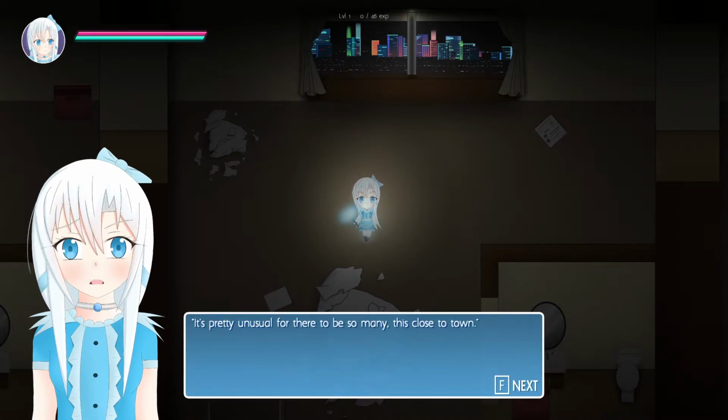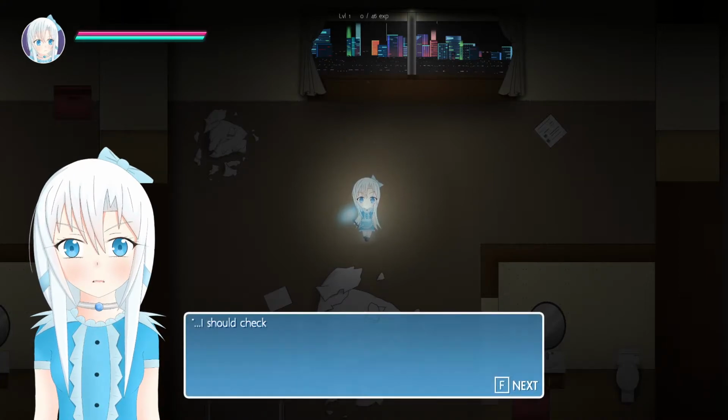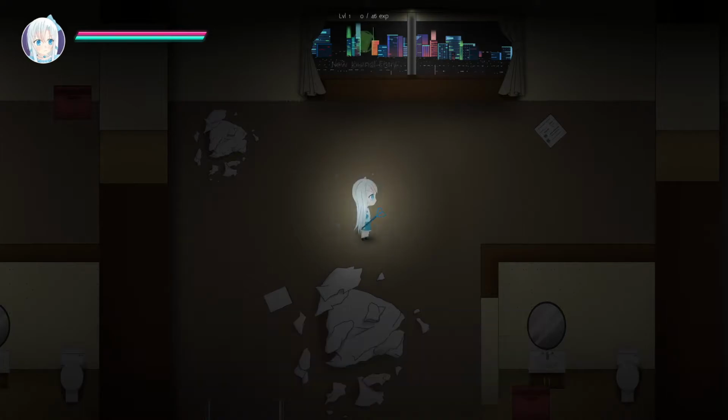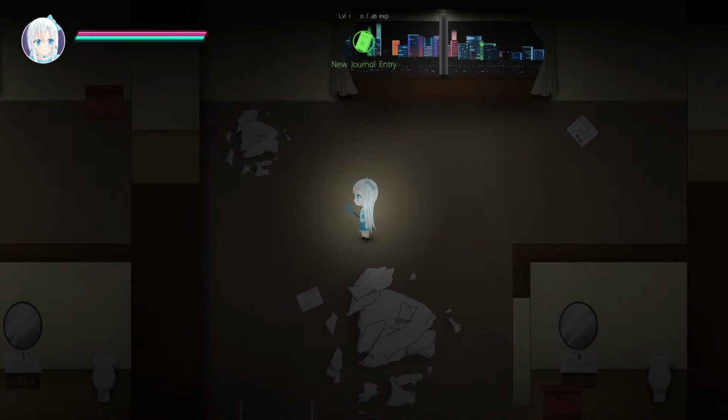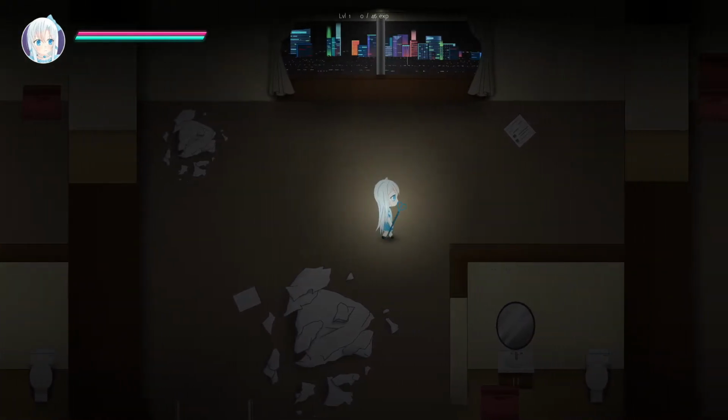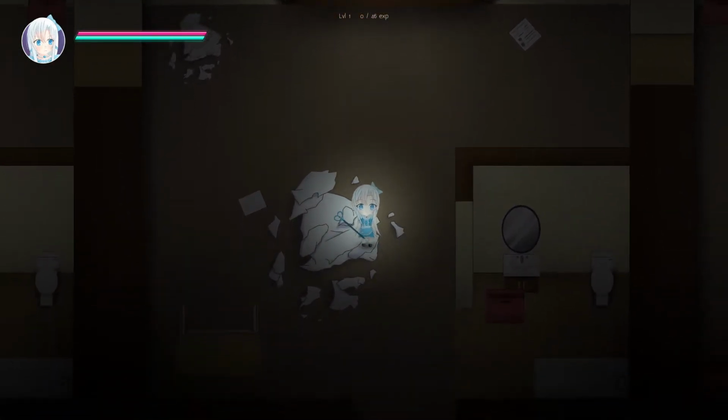It's pretty unusual for there to be so many this close to town. I should check the other rooms. HP and MP restored. Alright. So it takes me out of combat, which means that I can't experiment with the combat buttons anymore, which would also be nice, because usually,